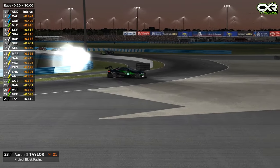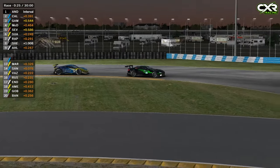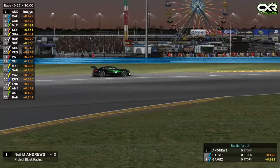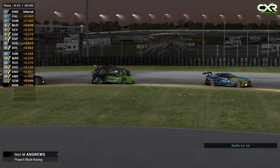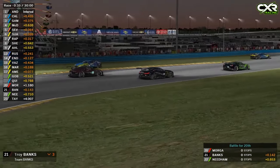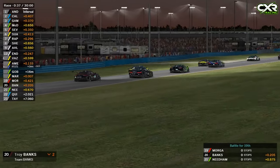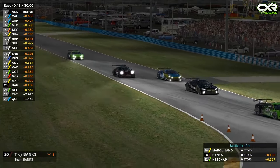I'm not going to be happy with that. Let's go back to the battle at the front. See what's happening. Oh, we do have a little bit of action at the back here. I'm not sure. Troy Banks is in the first season. I'm not sure why he just turned up and raced last night. I need to figure that out. But anyway,